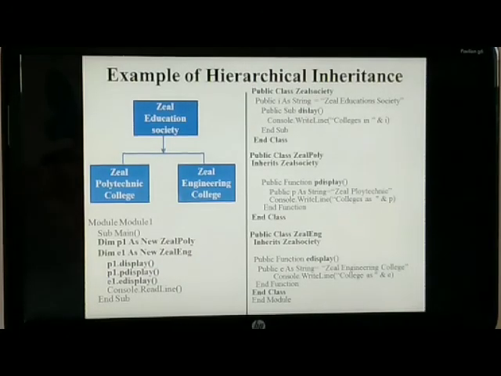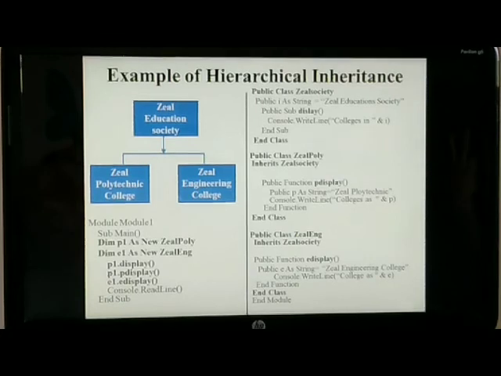We can take an example as Zeal Education Society is the base class, and from that I have created two derived classes. First is Zeal Polytechnic College and another is Zeal Engineering College.